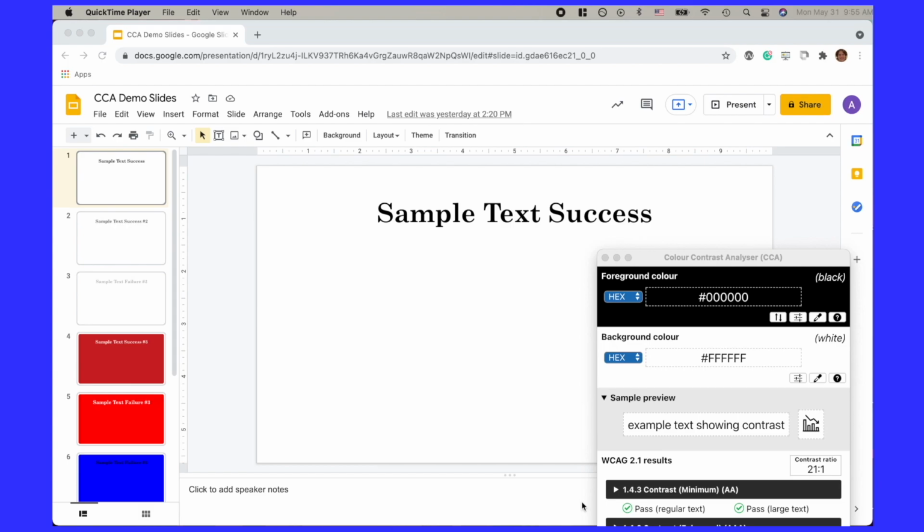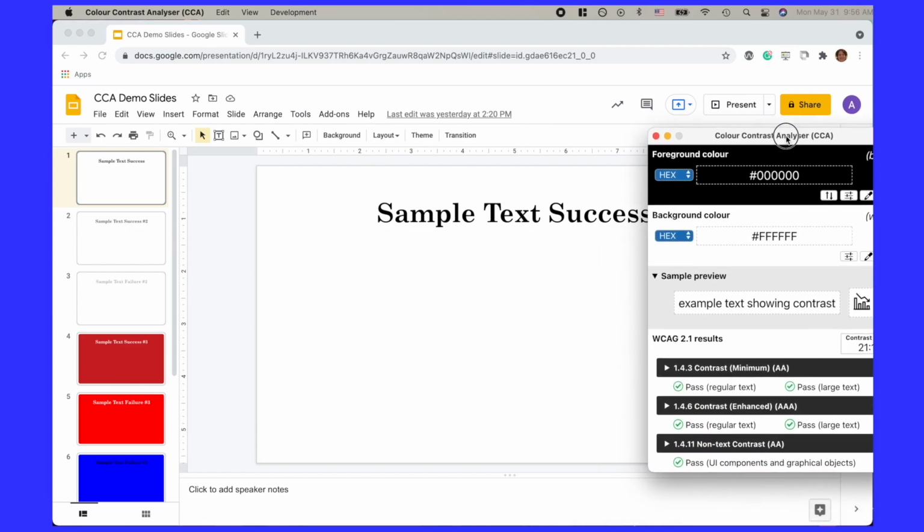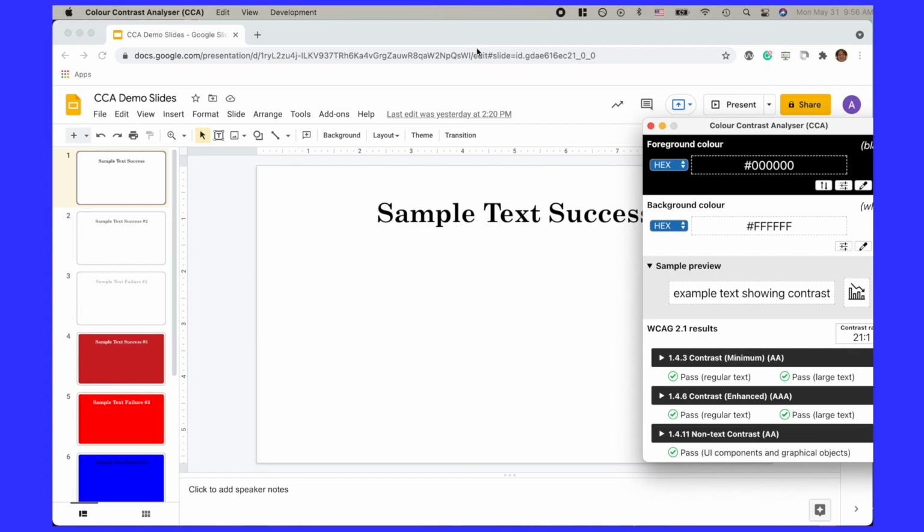So here we have some different slides with text, so we can use the Color Contrast Analyzer to explore these slides a little. Starting with this first slide, as you can see, we have black on white, and we get the ratio of 21 to 1 that I mentioned earlier. If I drag this up a little bit, you can see that this passes all of the different accessibility checks. We can see WCAG guidelines, AA, it passes, AAA, it passes. So we're meeting everything that we need when it comes to text there.